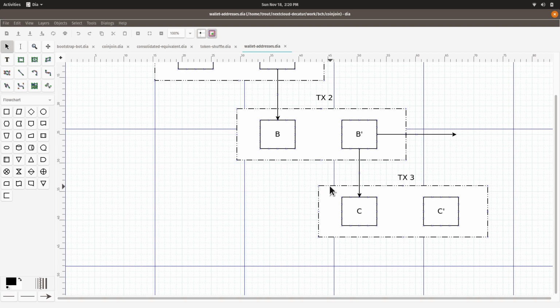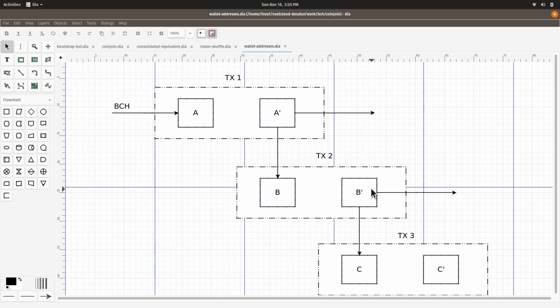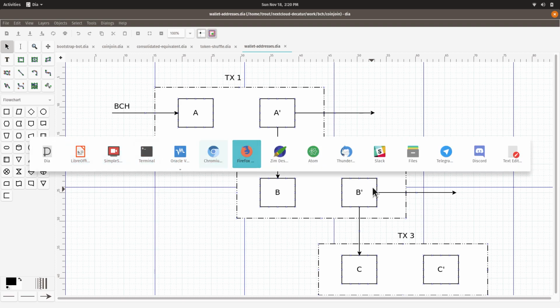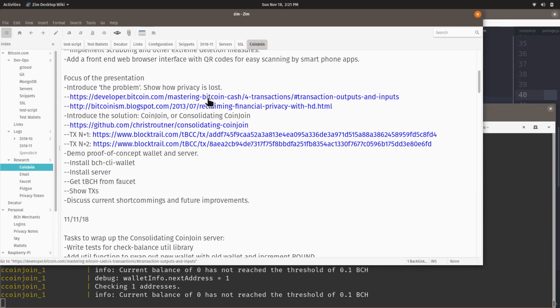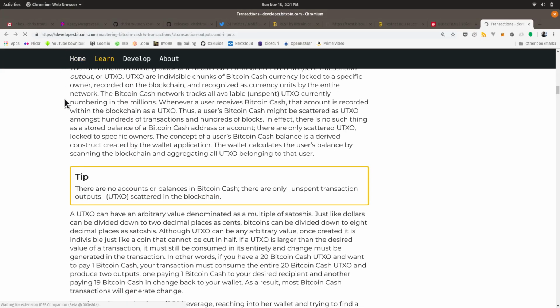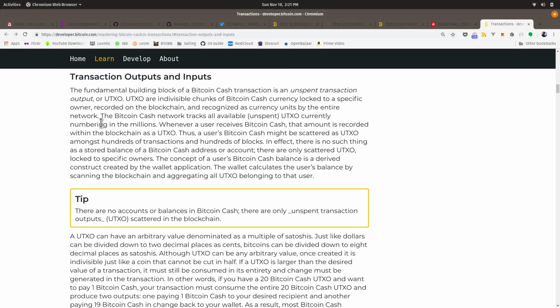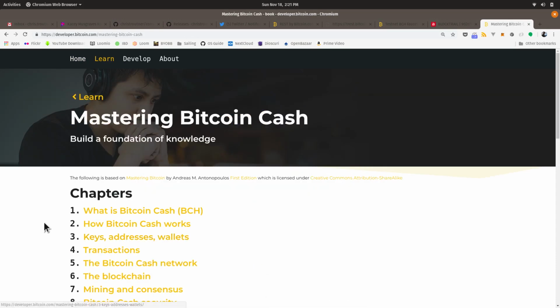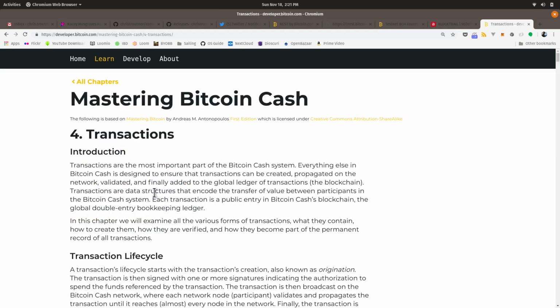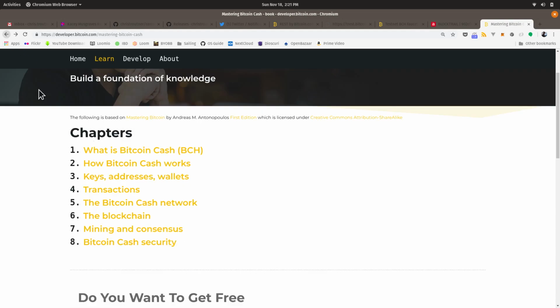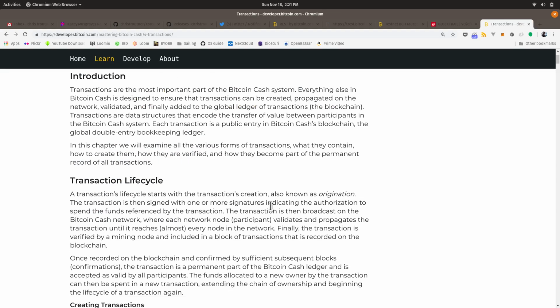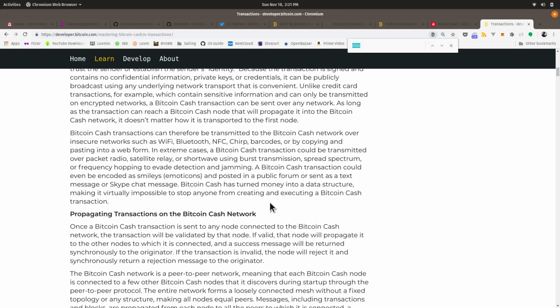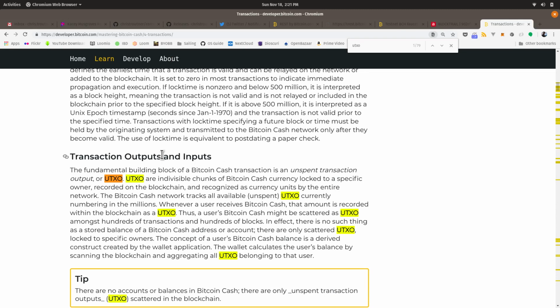I don't want to go into much deeper detail than this. Suffice to say, if you want to research this topic more, the best place to do it is at developer.bitcoin.com. If you go to Learn, Mastering Bitcoin Cash, this was originally written by Andreas Antonopoulos. I went to this transactions chapter, and you search for UTXO, transaction outputs and inputs.